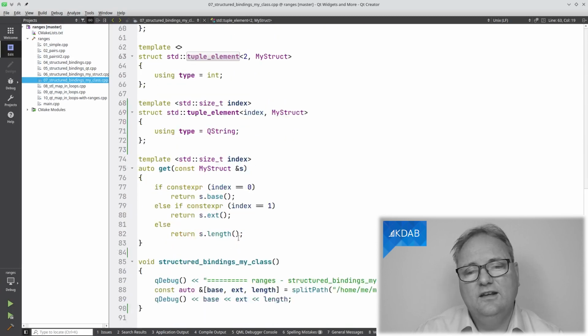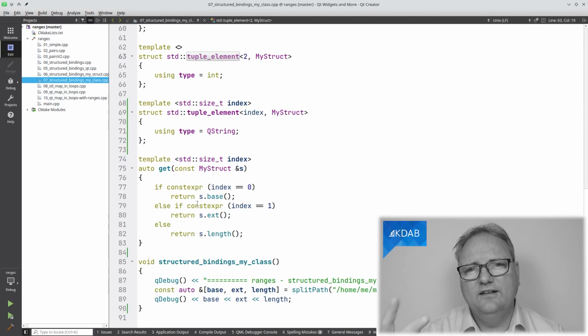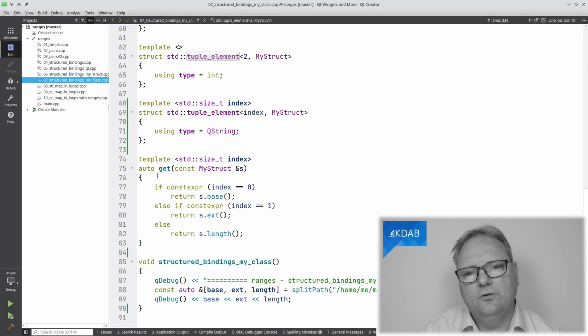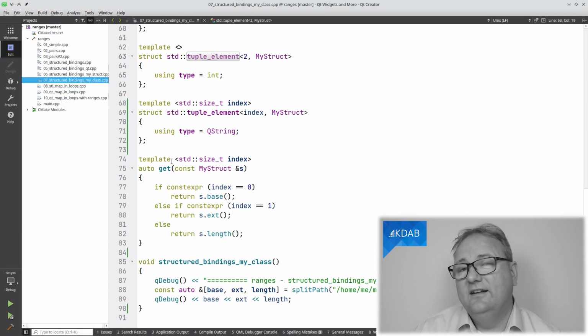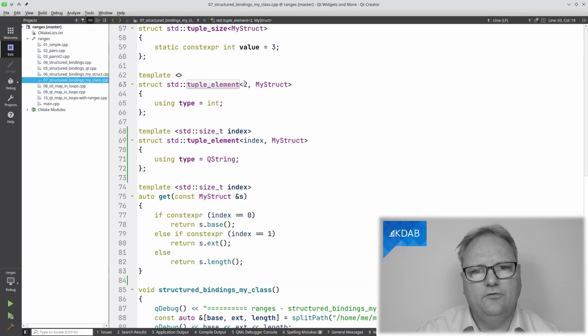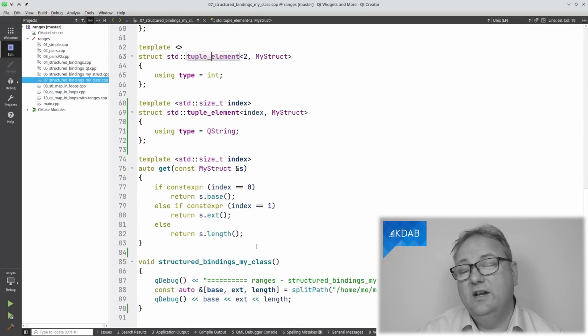And with this in action, I just need the third and final part, namely to get the value out of the tuple. I've specified how many elements are there, what are their types, and now I need to get them out. And for that, I need to implement a global method called get. It must take my struct as a variable here, and it's a template specialization on the index. And just like up here where I specialized for number 2, I could have done that, but I can also do this trick here and take them all 3 in one go.